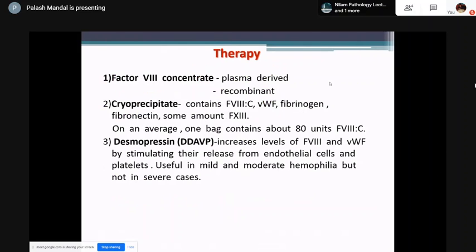Therapy: in pathology we do not need treatment, but just for your basic understanding, we can give factor 8 concentrate or cryoprecipitate which contains factor 8C, 1 milligram factor and fibrinogen, and in some cases we can use injection desmopressin, which can